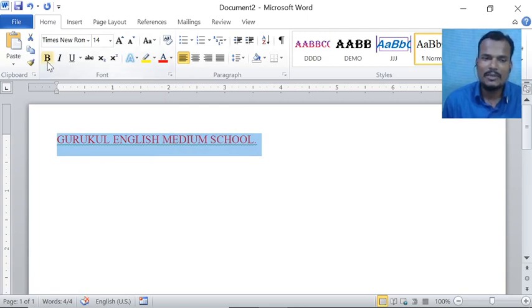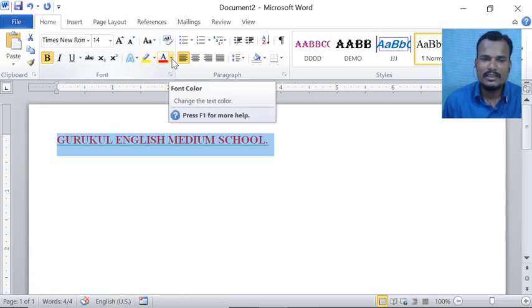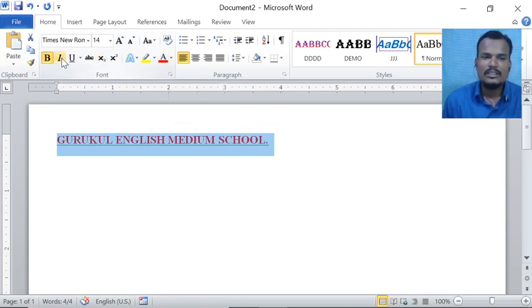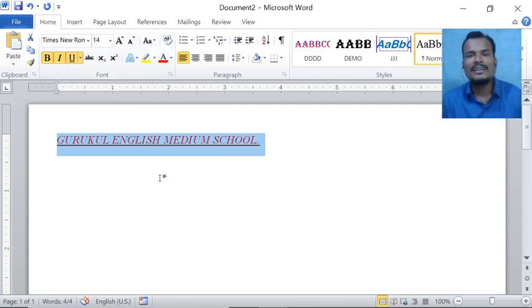After that I am applying bold. First action is color, second action is bold, third action is italic, and fourth action is underline. How many actions have I applied to this text? Four actions.